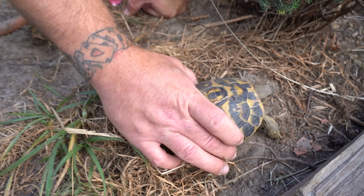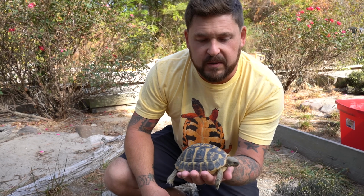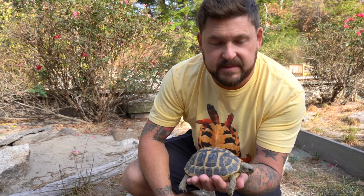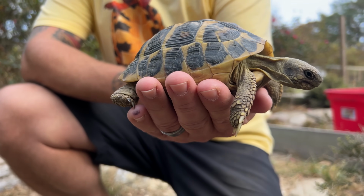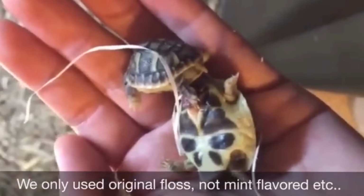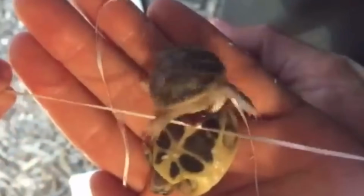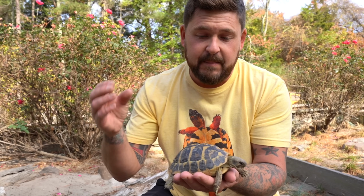And here she is. This is a very special tortoise to us. This is a Western Hermann's tortoise named Yellow Jacket, and she is a surviving twin. In 2015, just over 9 years ago, this tortoise hatched out of the same egg as its sibling, and they were conjoined at the yolk sac. Unfortunately, the smaller one only lived a few years before it passed, but Yellow Jacket is now becoming a sub-adult